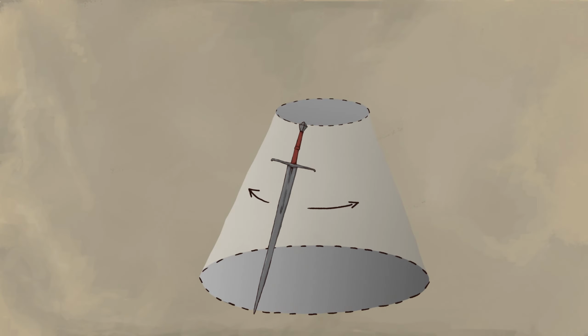The point of the sword is moving along the hem of the umbrella, and your sword is one of the ribs. As you cut, the sword travels along the surface of the open umbrella. If you imagine watching this from below, you can now see that the sword is moving in a circular motion instead of a straight line. This is what I call the umbrella effect.